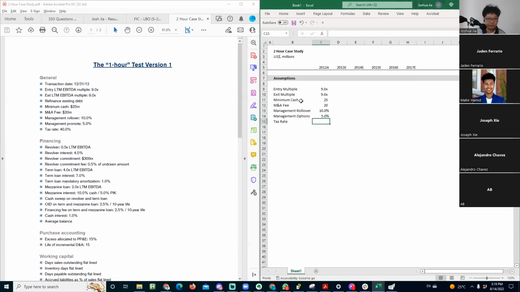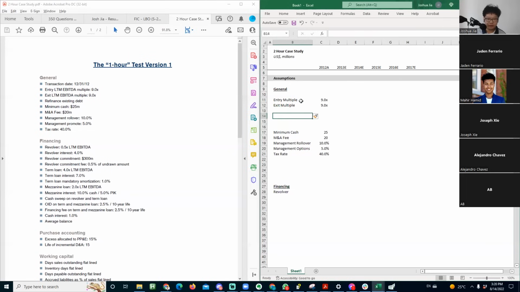Okay, I'm going to go over what management options are later. You'll kind of see, but it's like giving management 5% of the upside, basically, is how I would describe it. I might as well categorize it the exact way they do it. If you can make life easier for yourself, just do it. That's what I say. Now that being said, I think I will change the order here a little bit because I think it's good to have the